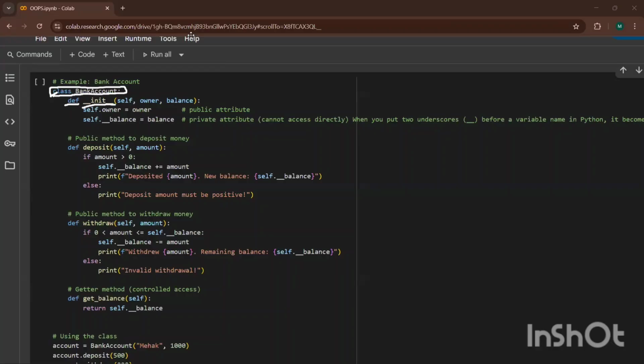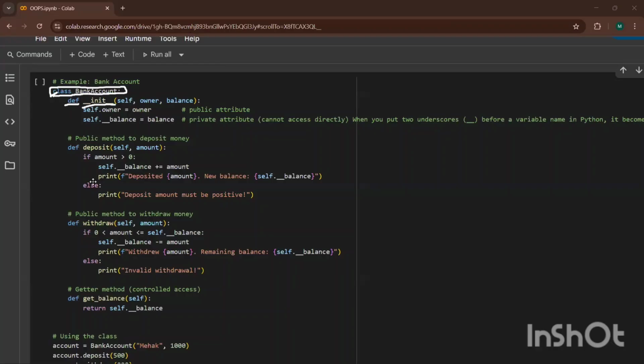It is used to initialize the attributes of the object. Okay. Very good. Yes, it is initializing the credentials of the bank account, like this, you guys can say.